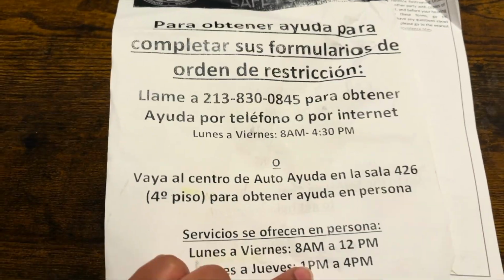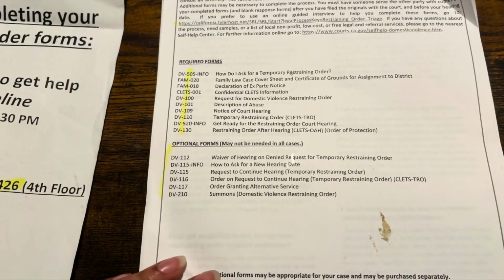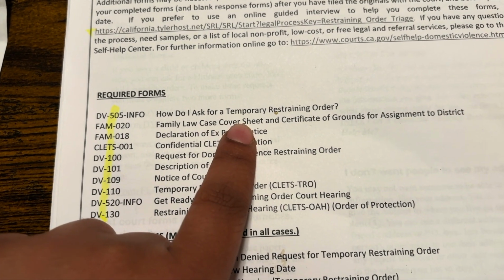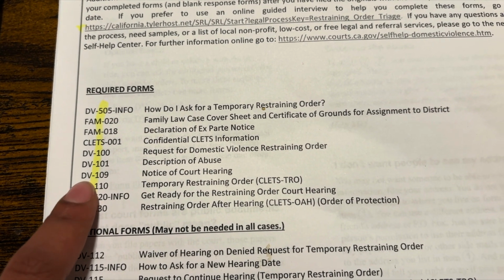This is in Spanish in case anybody speaks Spanish. So these are the forms that you will have to complete. This is an info form. This just tells you how to ask for a restraining order,